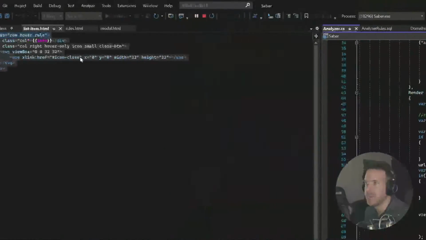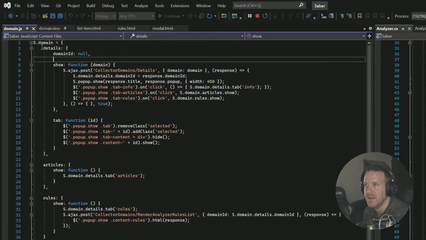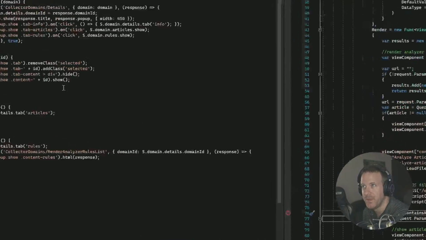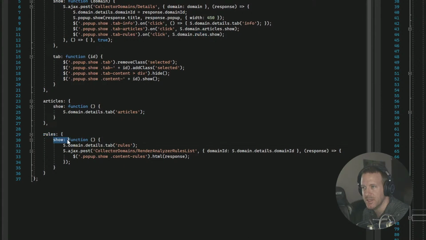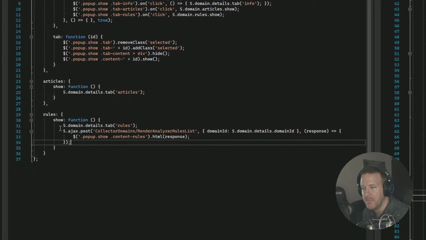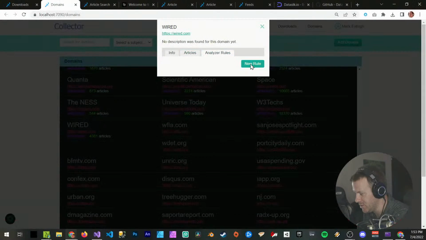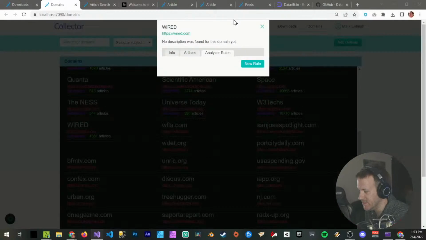But if I go to my domain.js, I have a details section here, so I can show my details, which shows this pop-up modal. And then I have a rules section where I can show the rules tab. So that works, right? When I click on the tab, it shows it. It actually makes an Ajax post to get the analyzer rules list. And at this moment,